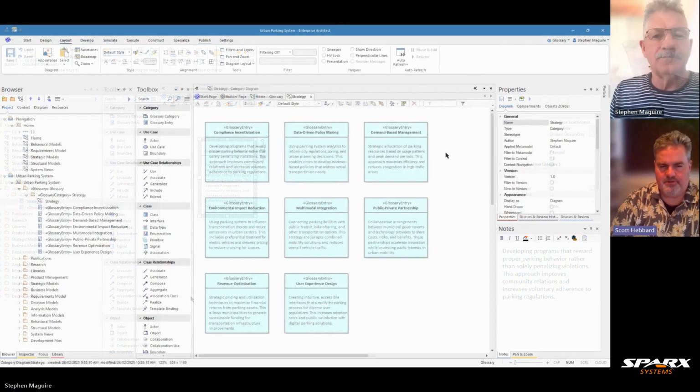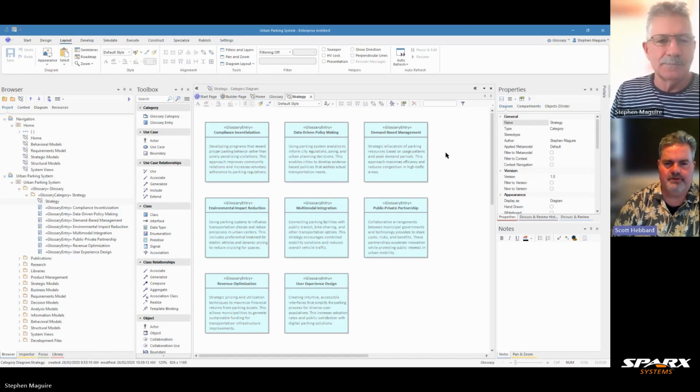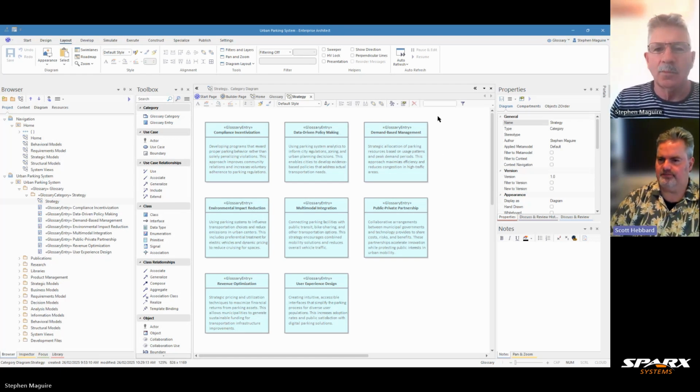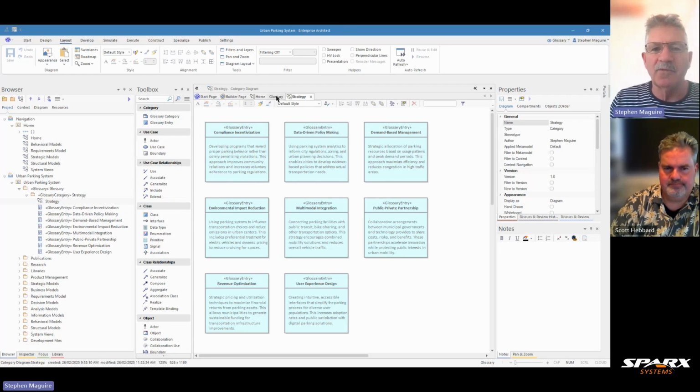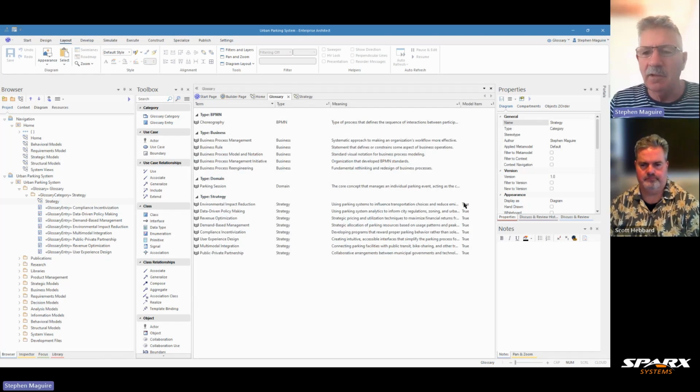So welcome back, everybody. I've performed a little bit of time traveling and editing magic, and now we've developed a number of different elements here on this strategy diagram, and hopefully they all appear in the glossary. So let's have a look. We're flicking over to the glossary view, and you can see now that all of those elements there are listed in the glossary,